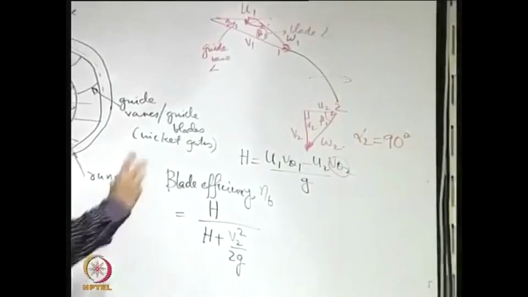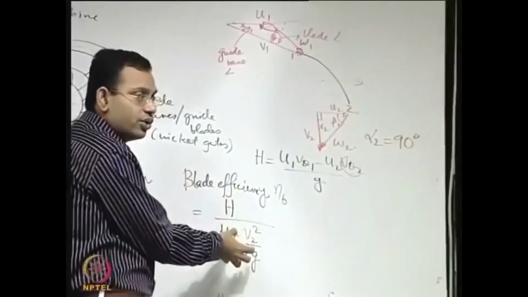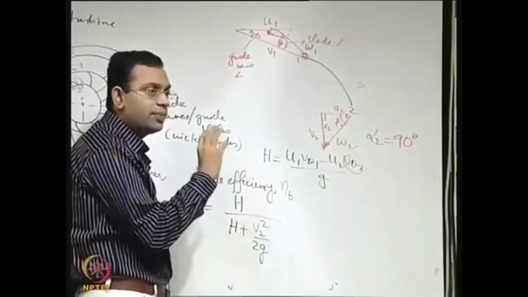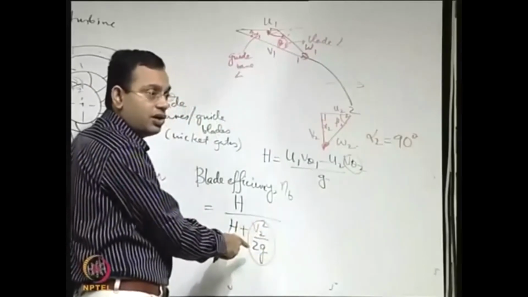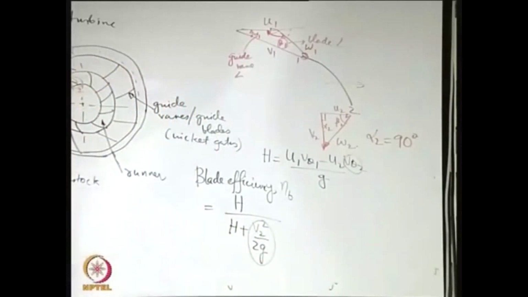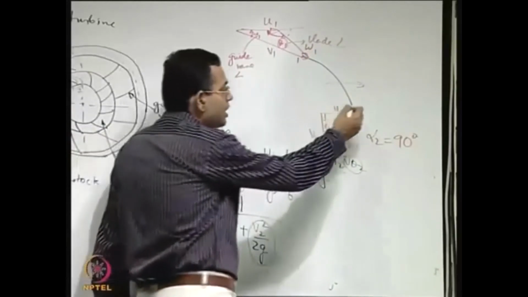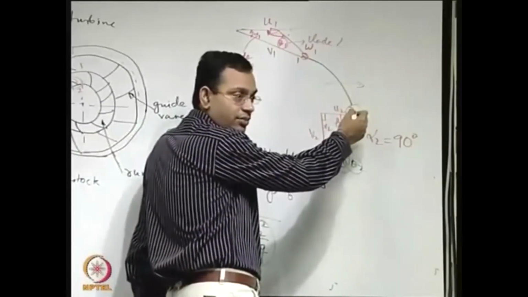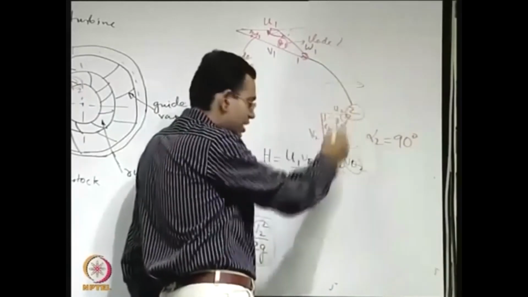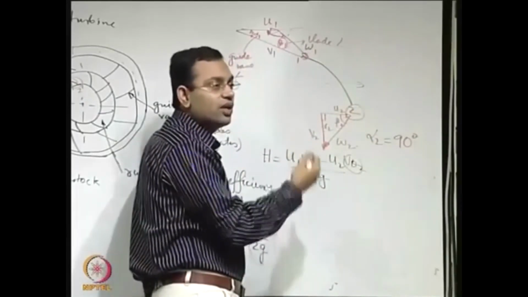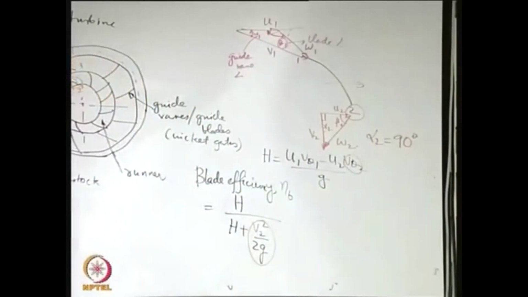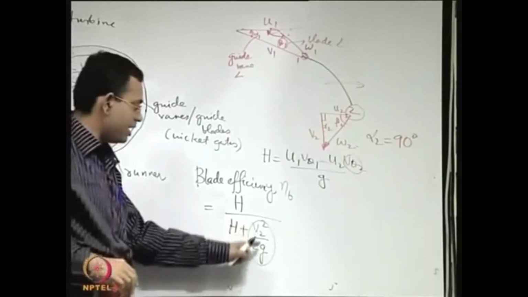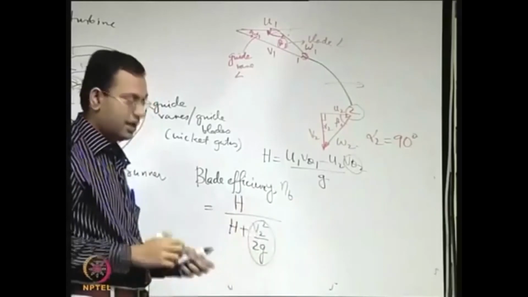See, efficiency is always some output by the input, where the difference in output and input represents some loss. That means you can intuitively understand that this must represent some loss. Why does this represent a loss? See, when the fluid leaves the blade passage, it still has some kinetic energy here, V2 square by 2G. That kinetic energy head has not been utilized to develop power, and therefore in terms of converting the energy of the fluid into work, that is a loss, and that is why this is the expression for the blade efficiency.